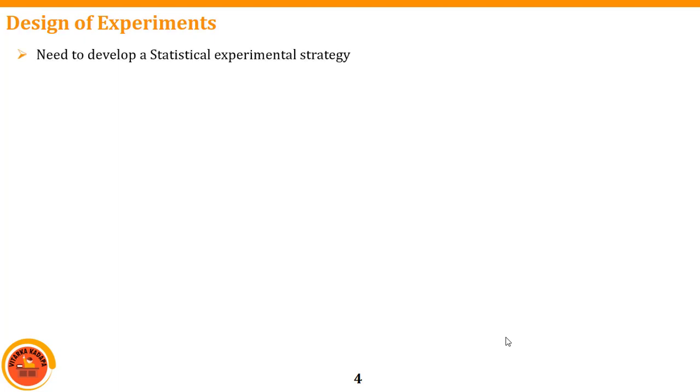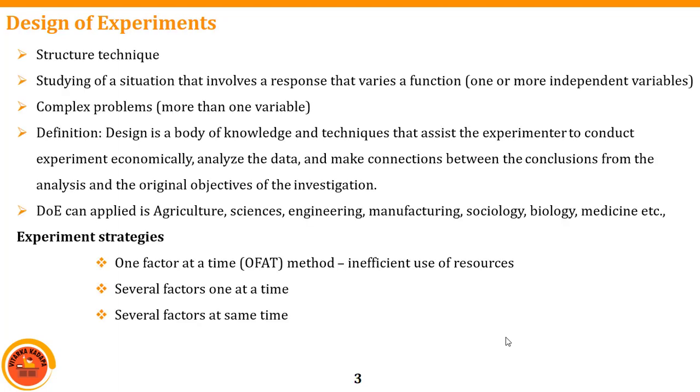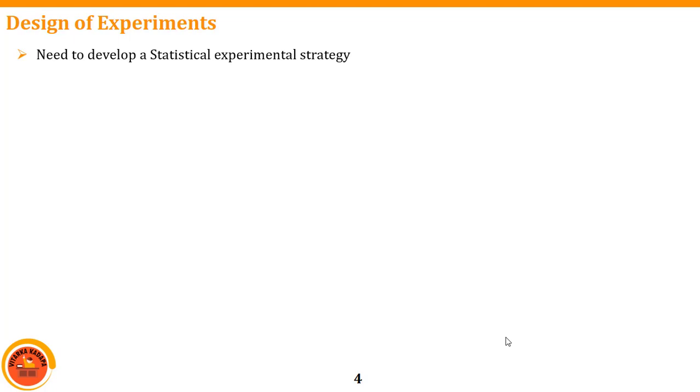So we need to develop a statistical experimental strategy. By seeing these previous three strategies, it has been found that they required some kind of statistical experimental strategy, and this statistical experimental strategy talks about interaction effects. So interaction means combination. So the first factor and second factor have to get combined.